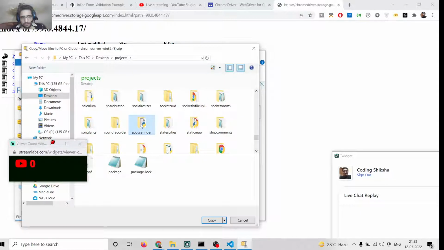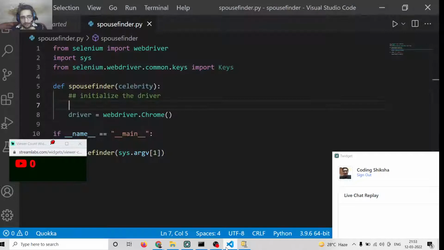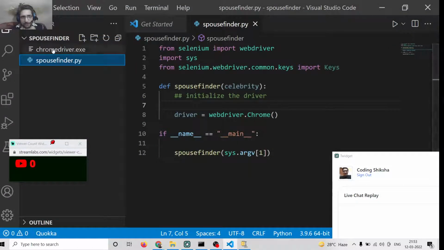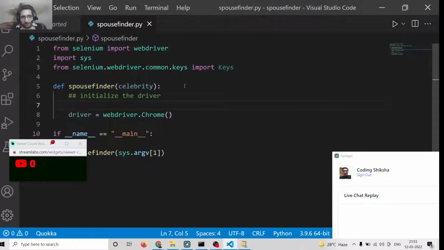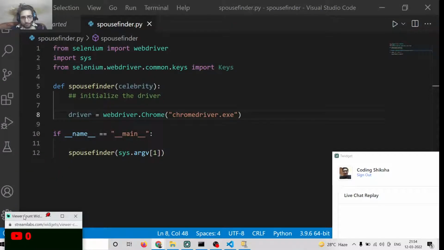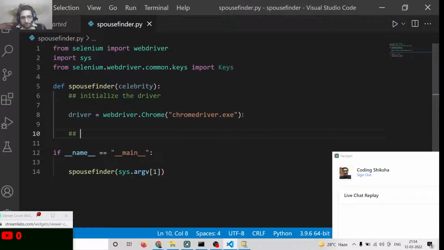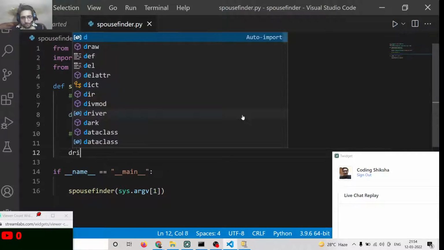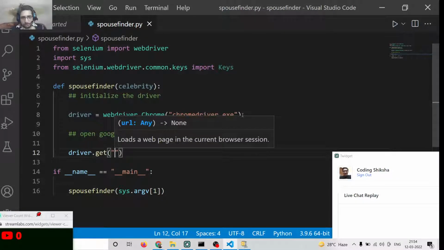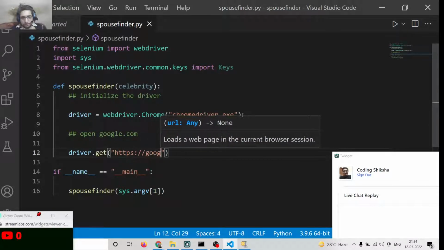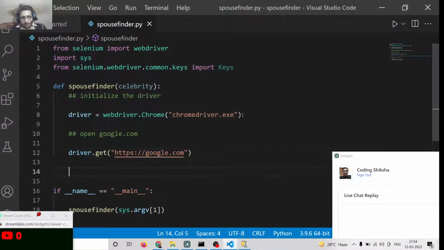You can see this is the folder. Let me copy this file here. So now the file is there, chromedriver.exe, in the root directory. So we can pass it simply like this, chromedriver.exe. After this we can open google.com. So driver.get google.com, and then we can